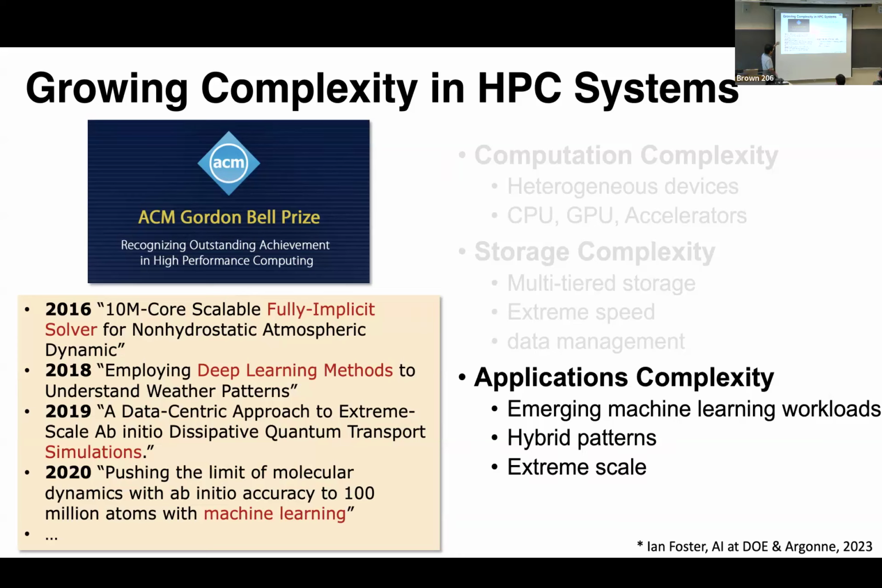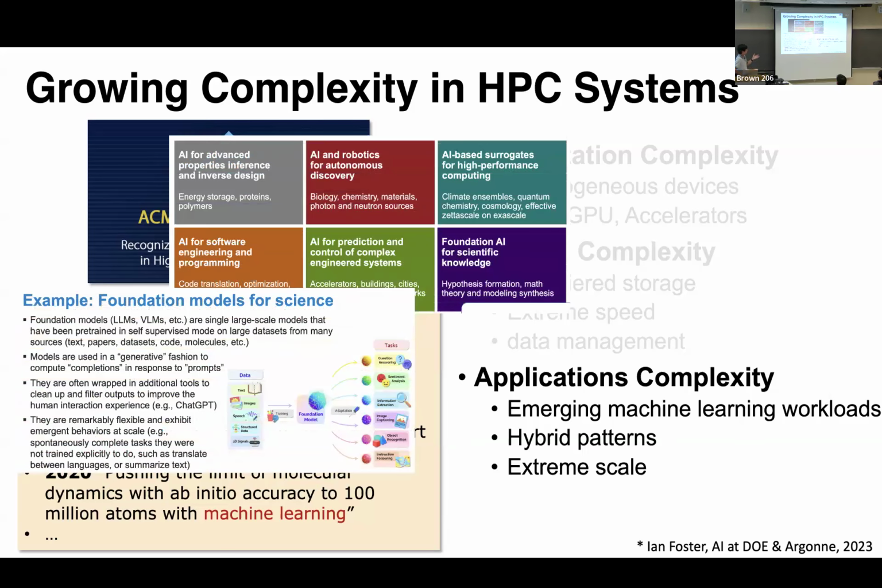In the last couple of years, you can see most of these awarded applications are machine learning based, either using deep learning methods or machine learning methods to achieve results we could not get earlier. So there are emerging machine learning workloads and hybrid patterns, extreme scales, and today, with foundational models, the applications running there are more complex. So we're trying to address, as system researchers in the HPC domain, these three aspects